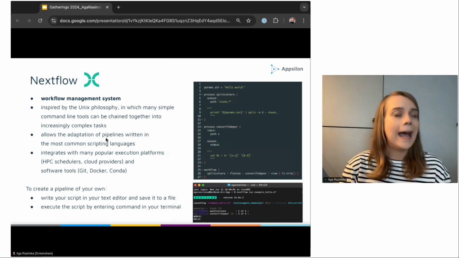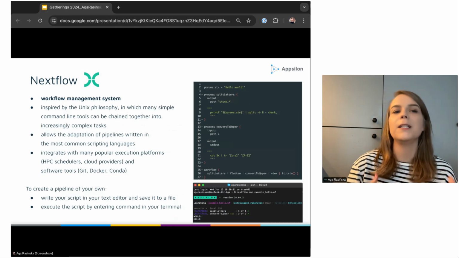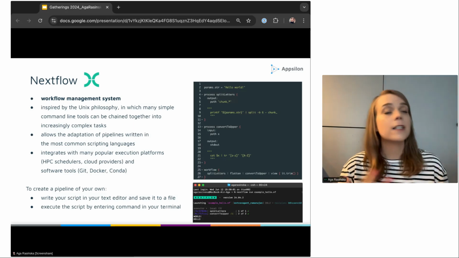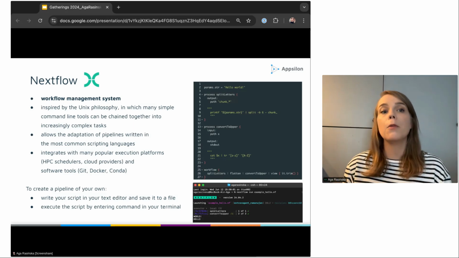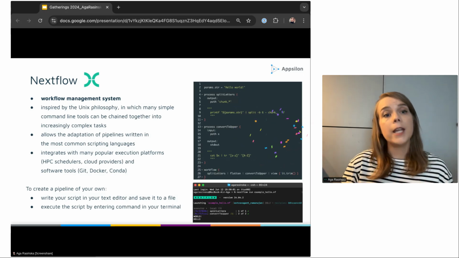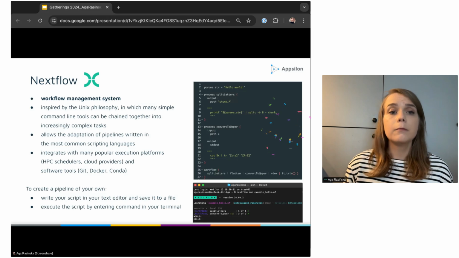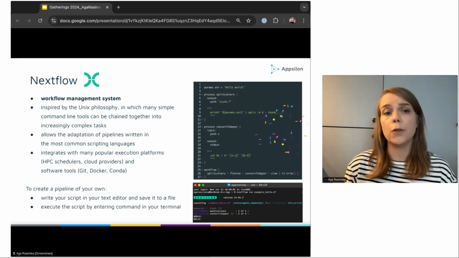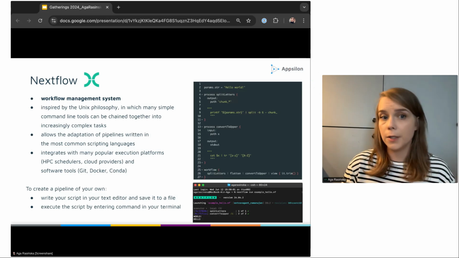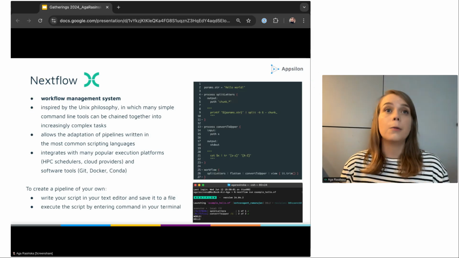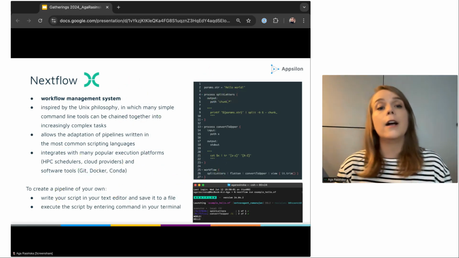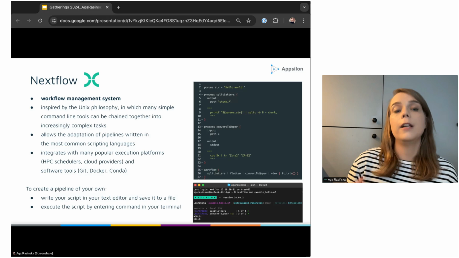But you also have a very powerful workflow management system, which is Nextflow. It shares this philosophy of having many simple command line tools, small bricks that can be chained together into a complex task. And the advantage is that this allows the adaptation of pipelines written in the most common scripting languages. So if you're in R, if you're in Python, or you have other tools, you can chain them together into your task